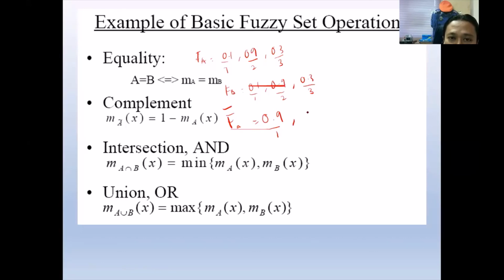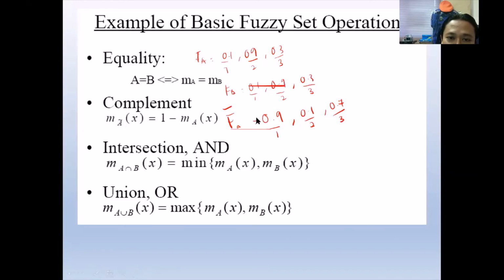Next, 1 minus 0.9 is 0.1, sequence number 2. And then 1 minus 0.3 is 0.7, sequence number 3. Okay, that is the complement of fuzzy set A.